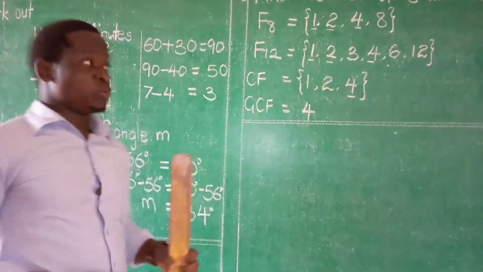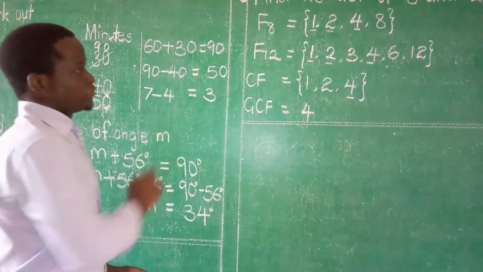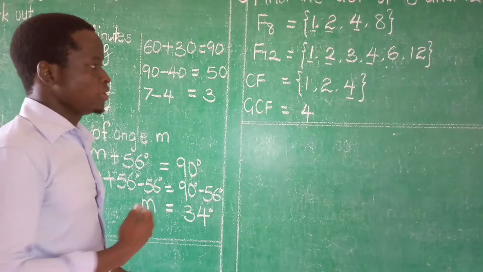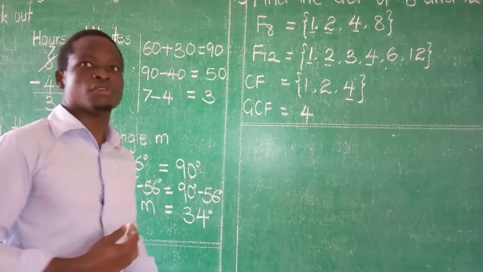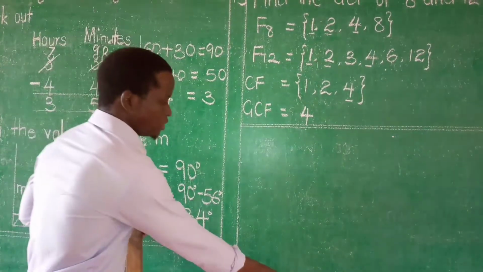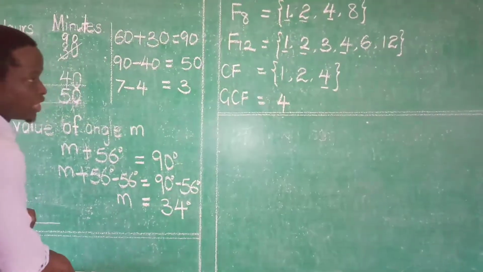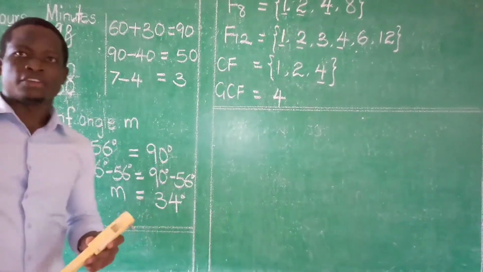I promise that I will work this out in 2 different ways. This is the first way. Let's have the second method for the same question. We are finding the GCF of 8 and 12. And here I'm going to use the prime factorization method. I'm going to prime factorize 8 and 12